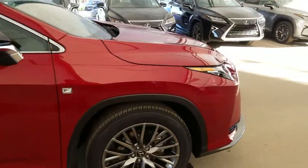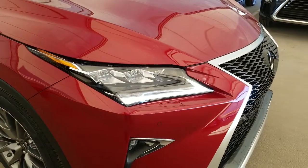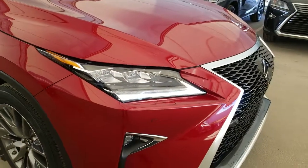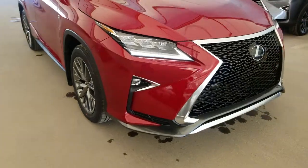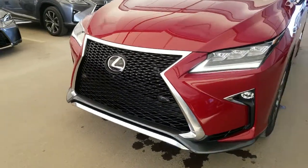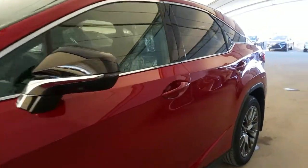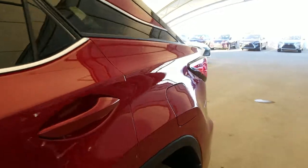Some of the features do include L-shaped premium LED headlamps with the auto-leveling headlamp system, LED daytime running lights, LED fog lights, headlamp washers, F Sport front grille, front and rear park assist sensors, blind spot monitor with the rear cross traffic alert, keyless entry with the push to start ignition,